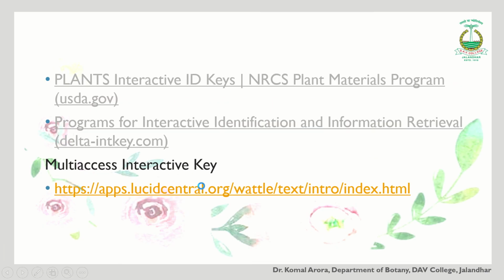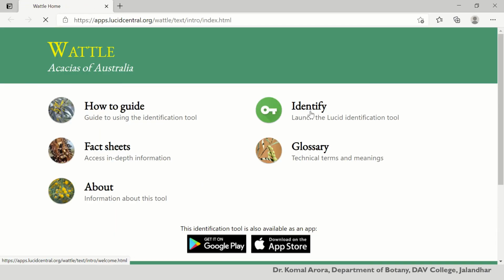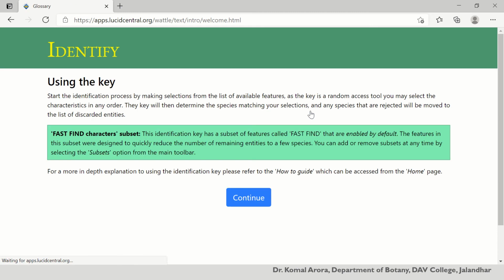So this is one program. And we have another multi-access program. So you can directly go to the library for identification. They are providing you information on how to use this key.